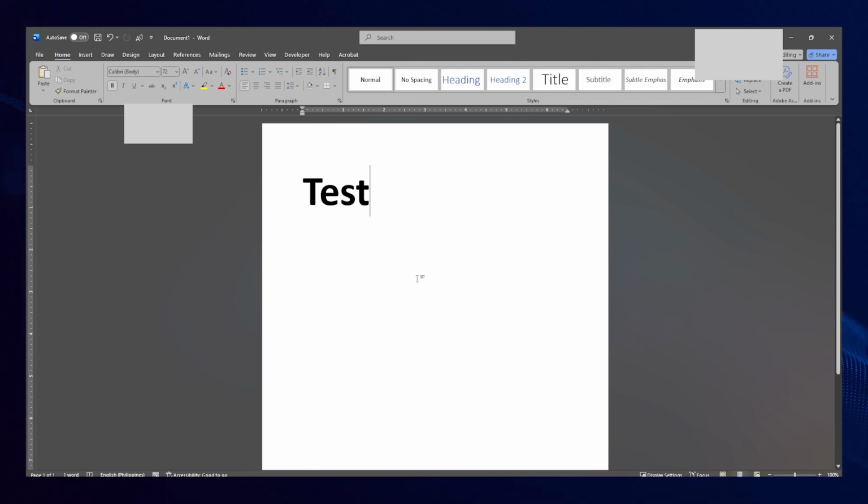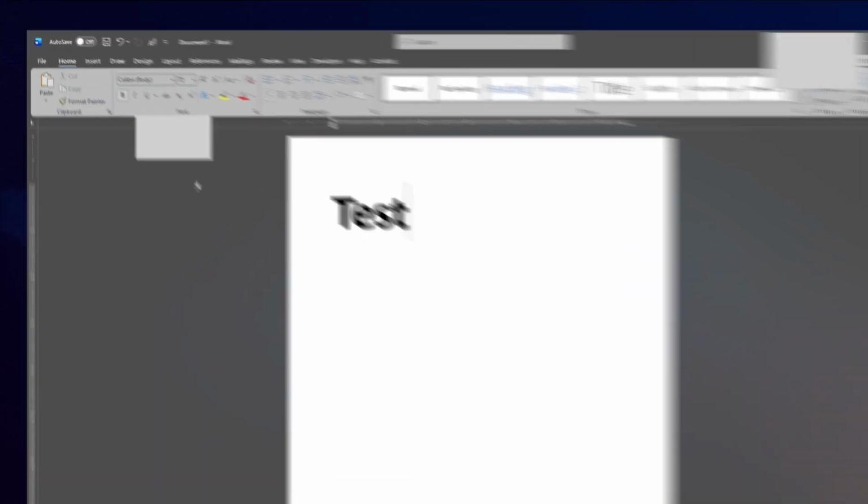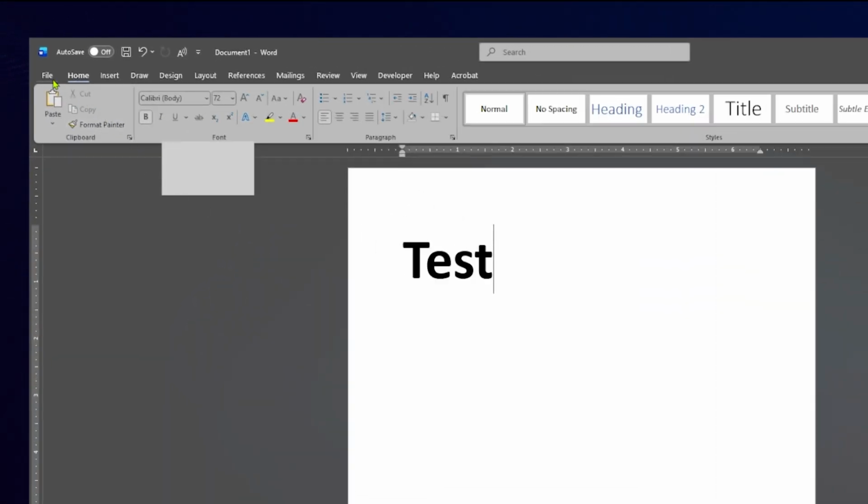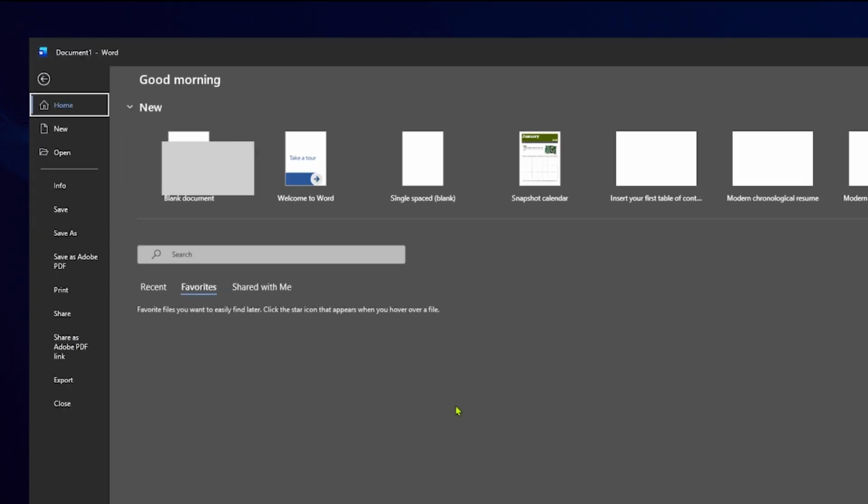Next, head over to the top toolbar and click on File. This will open up a new menu where you can see various options related to your document handling. From this list, find and click on Save As. The Save As option is what allows us to change the format of our file to something other than the